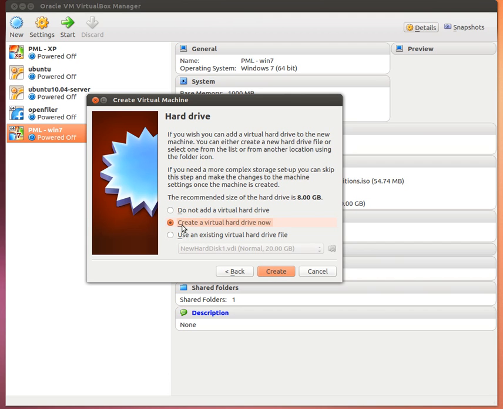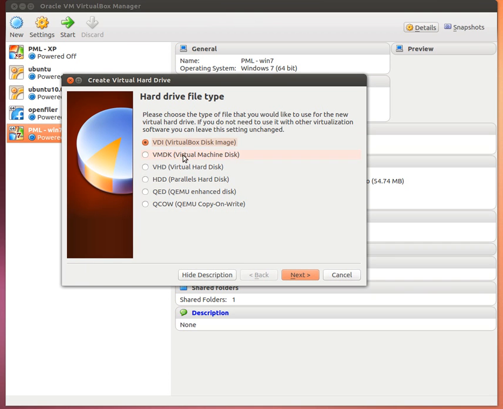And then we've got a choice here between whether we create a new hard drive, or we use an existing hard drive, or we don't have a hard drive at all. And so I'm going to choose to create the hard drive for this time. And these are the selections that I have. I can go for VDI, virtual box disk image, or you've got virtual machine disks, all the way down to some of your Linux type virtual servers. But for now we're just going to go for the default, VDI,